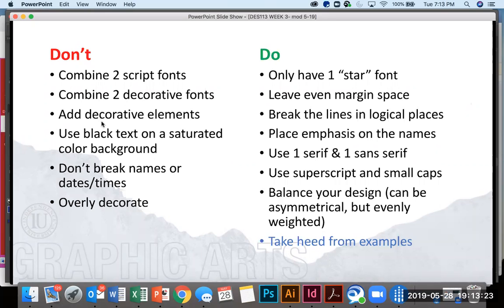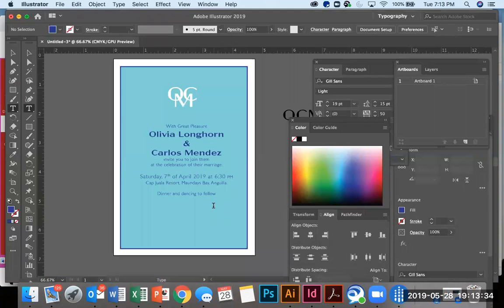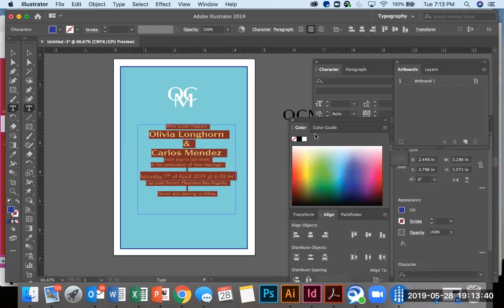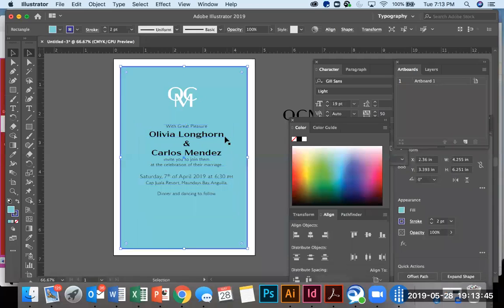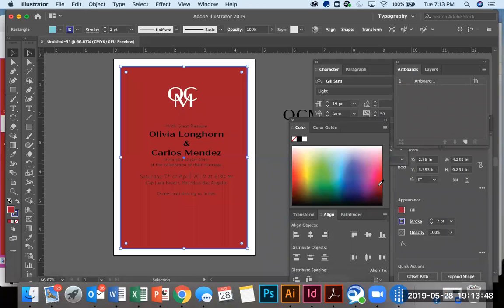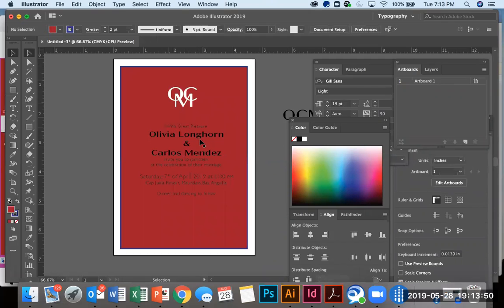Don't add decorative elements. Don't use black text on a saturated color background. In other words, if we go back here and you have dark text, let's say you had a pretty dark color in here. See how hard it is to read some of that text with a dark colored background? So then white text actually shows up a lot easier. Hi, Alexis. And